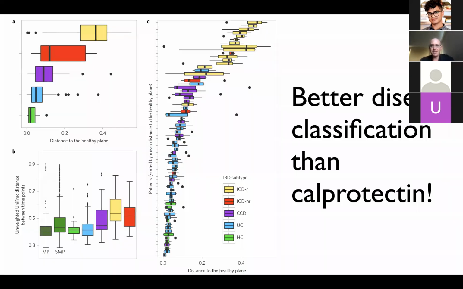And so Yoshihi Vázquez-Beza, who was a graduate student in my lab at the time and is now the director for software integration at the Center for Microbiome Innovation, was able to model this as a healthy plane, looking at the distance of each point from the plane. And that geometric model, based on the unifrac distances reduced by pico-A, gave us better disease classification than calprotectin, which is currently the gold standard biochemical assay for telling whether someone has inflammation associated with Crohn's or not.